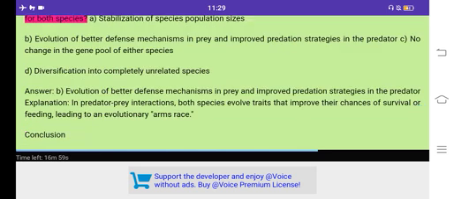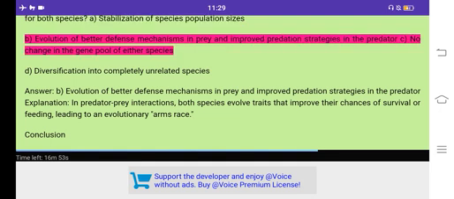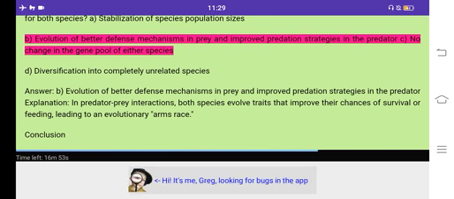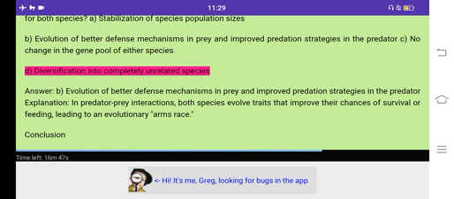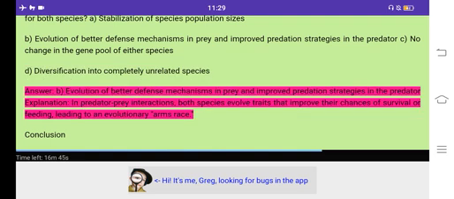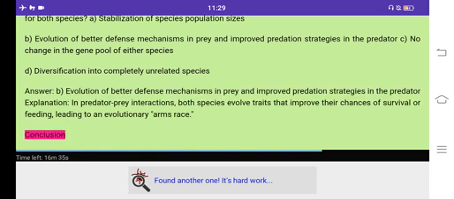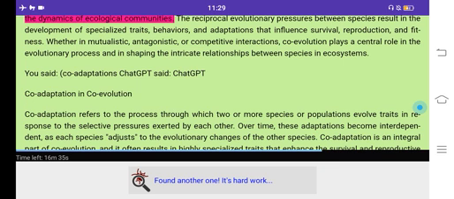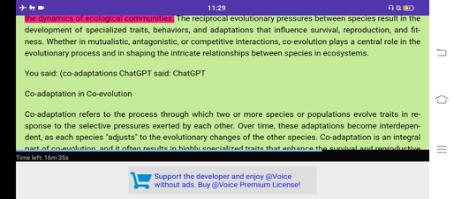Q2. In a coevolutionary interaction between a predator and its prey, what is the primary evolutionary result for both species? A. Stabilization of species population sizes. B. Evolution of better defense mechanisms in prey and improved predation strategies in the predator. C. No change in the gene pool of either species. D. Diversification into completely unrelated species. Answer. B. Explanation. In predator-prey interactions, both species evolve traits that improve their chances of survival or feeding, leading to an evolutionary arms race. Conclusion. Coevolution is a crucial aspect of evolutionary biology that drives the diversification of species and shapes the